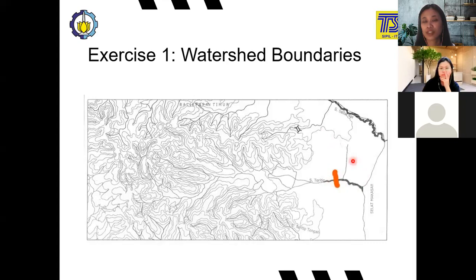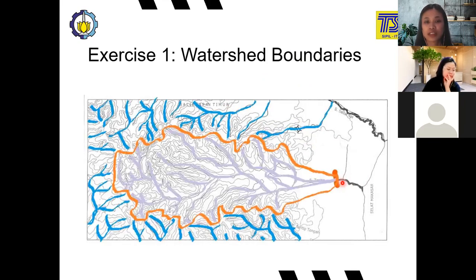There is this one outlet. If you have one outlet, you should draw the watershed boundaries based on the outlet, because the boundary means the water is running into the same outlet or same point. But if there are two outlets, for example here and here, there will be two watershed boundaries. So this is the